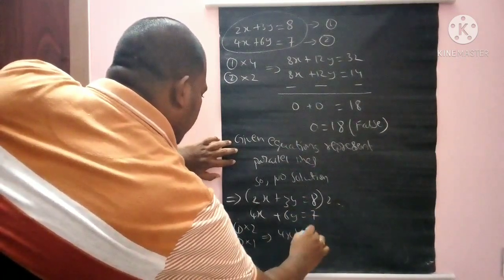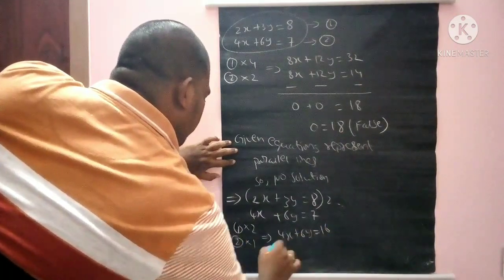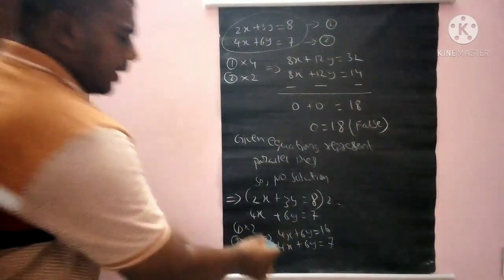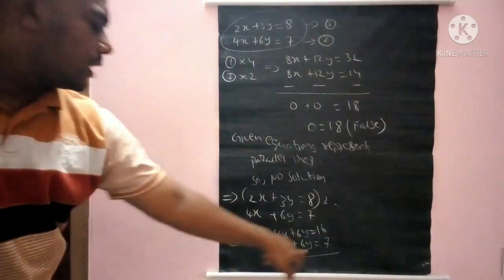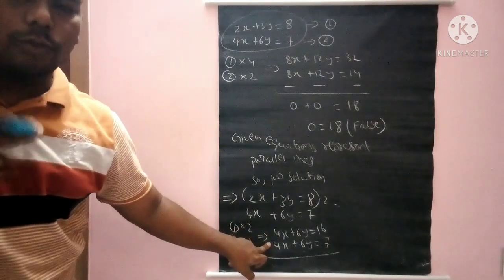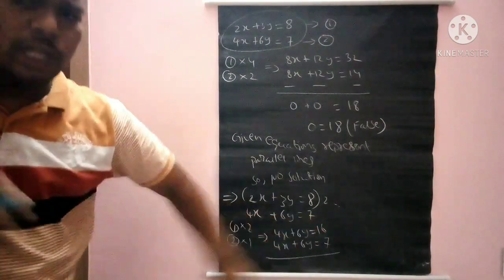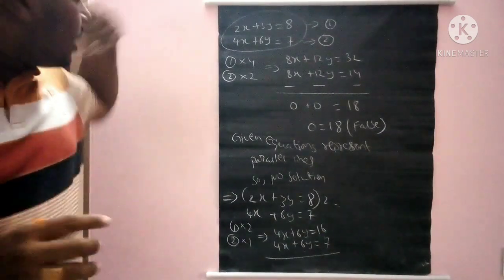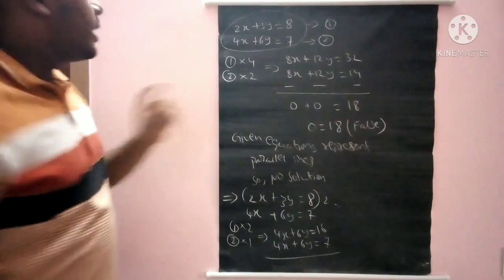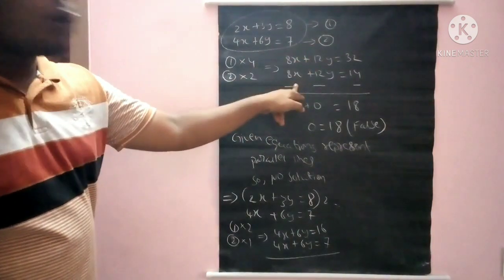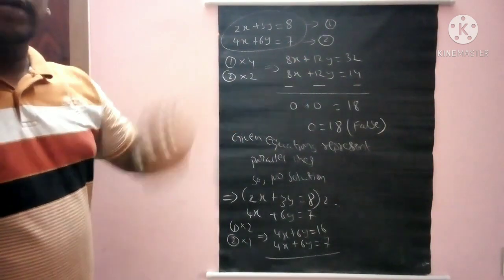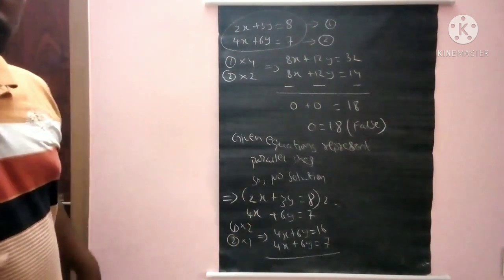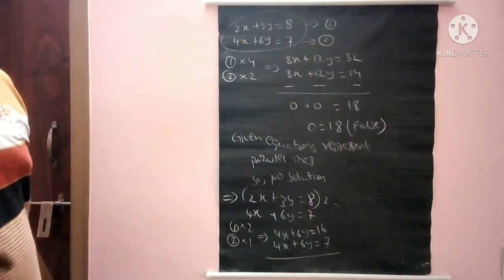You will get 4x plus 6y equals 16, and this is 4x plus 6y equals 7. So here also, now the x coefficients are equal. My aim is to make the x coefficients equal. Here the y coefficients also became equal. That is another case. So don't think that you definitely should multiply like this. But if you multiply, definitely you will get the coefficients equal. But this is not the only way to get the coefficients equal. It depends upon the values and on your thinking.